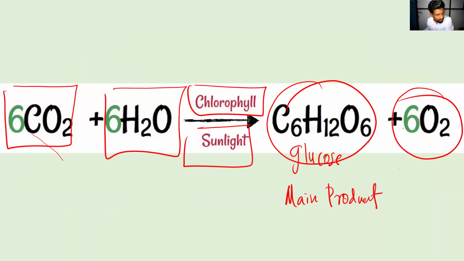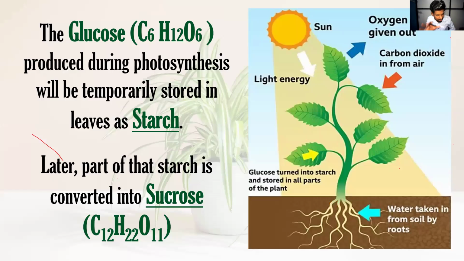Oxygen is the main product? Well, no. When I'm mentioning the oxygen, we want to say that it is a byproduct. Did you get the idea? Both of them are products, glucose and the oxygen. Glucose is the main product. Oxygen is the byproduct. Now with that idea, another important thing, you know, that glucose will be converted into